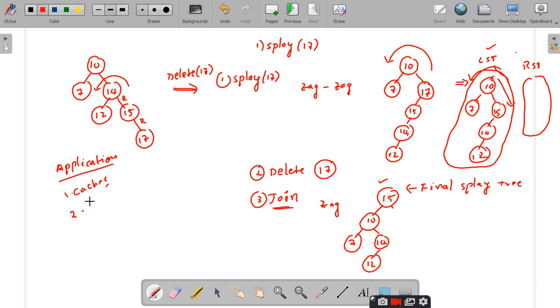Similarly, is there any additional information that you need to store at each and every node like AVL trees and red-black trees? No, sir. No additional information is needed to store at each and every node. Am I right or not? Yes, sir.